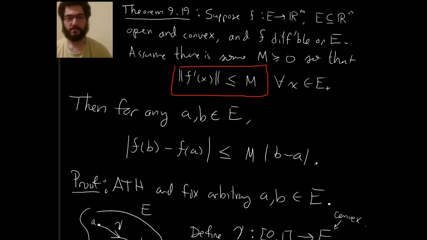And finally, I also wanted to mention a corollary in Rudin, just picking it out of Rudin, and we might as well say it because it's easy now. If you have this setup, you have a differentiable function on an open convex set, and you have it with m equals 0, so say you know the derivative is 0 on the entire open convex set, then you can conclude that the function is constant. So if this m here is 0,